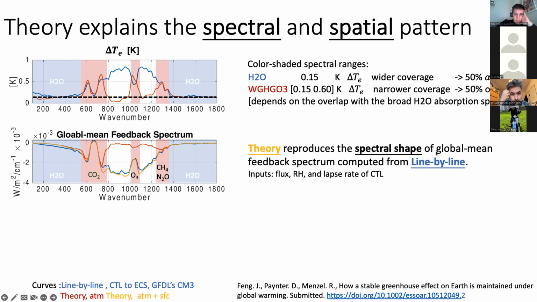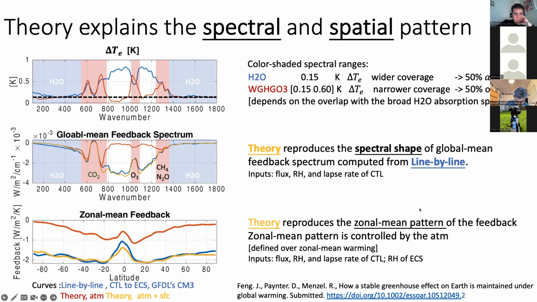So next, we use the delta T sub B from the top panel to compute the atmospheric feedback for the red curve in the middle panel and compute the sum of the atmospheric and surface as a total in the color yellow. And the blue curve is the actual clear sky longwave feedback when ECS is reached, using lambda line rated models. And our theory reaches a good agreement when compared to the expensive and accurate lambda line models.